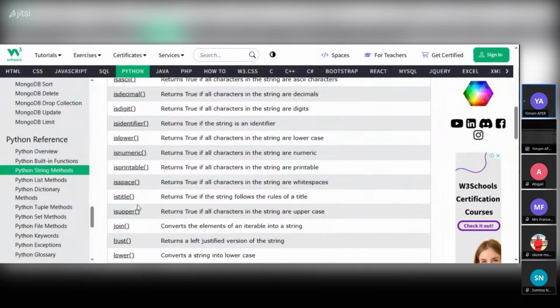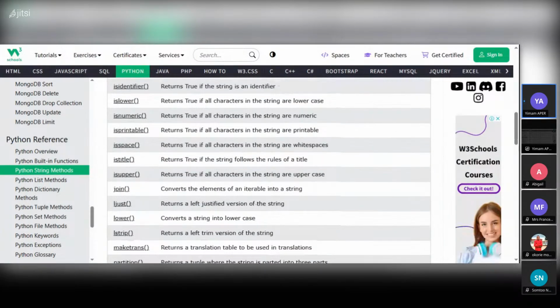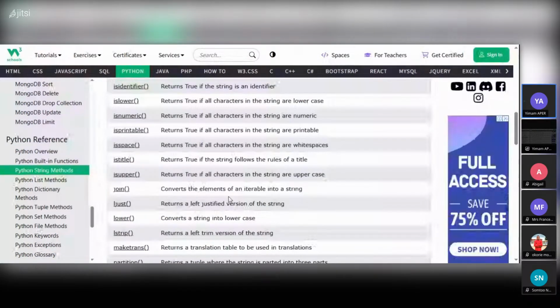Istitle returns true if the string follows title rules. Isupper returns true if all characters in the string are uppercase. Join converts the elements of an iterable into a string. Ljust